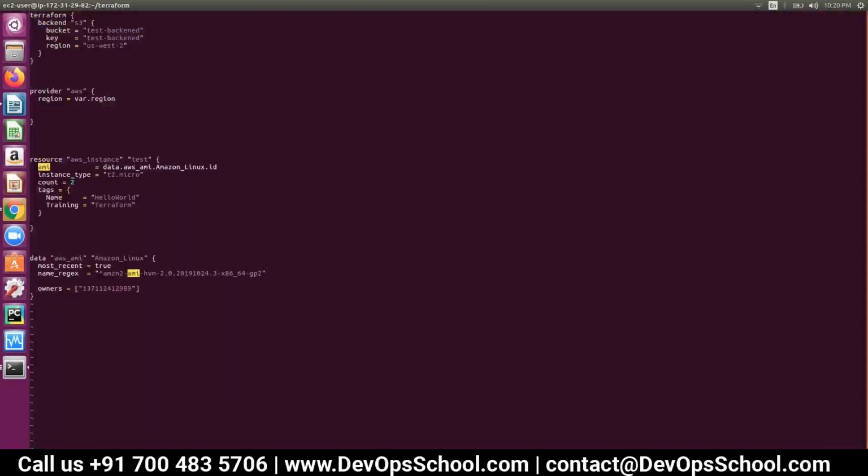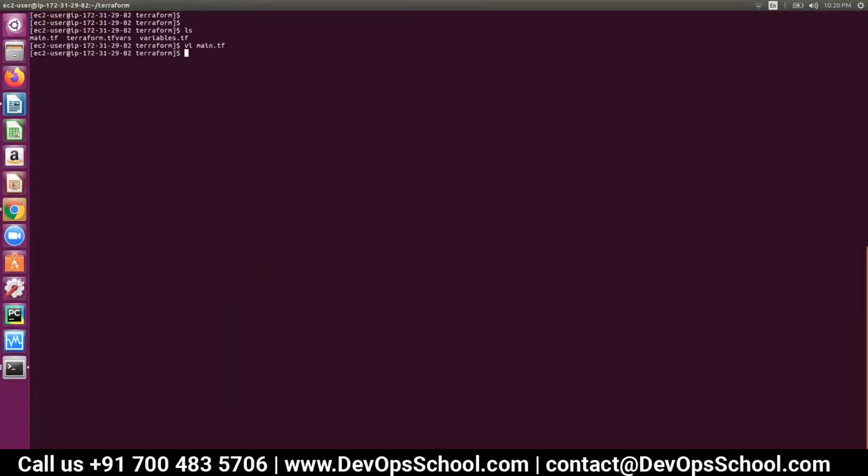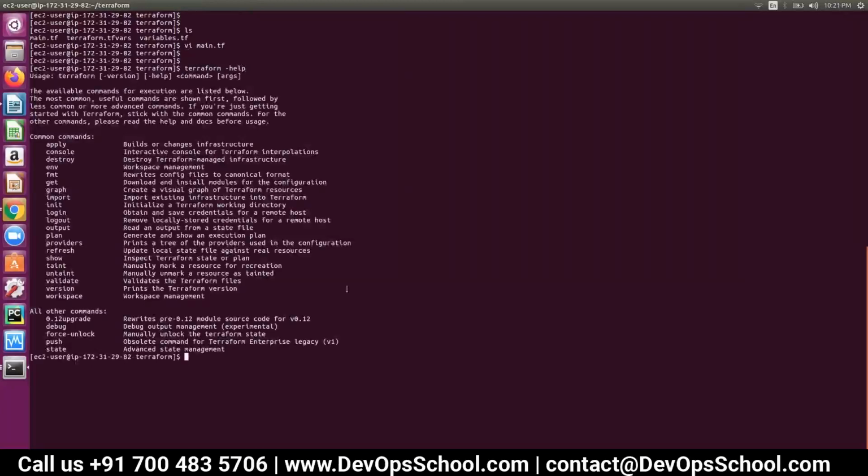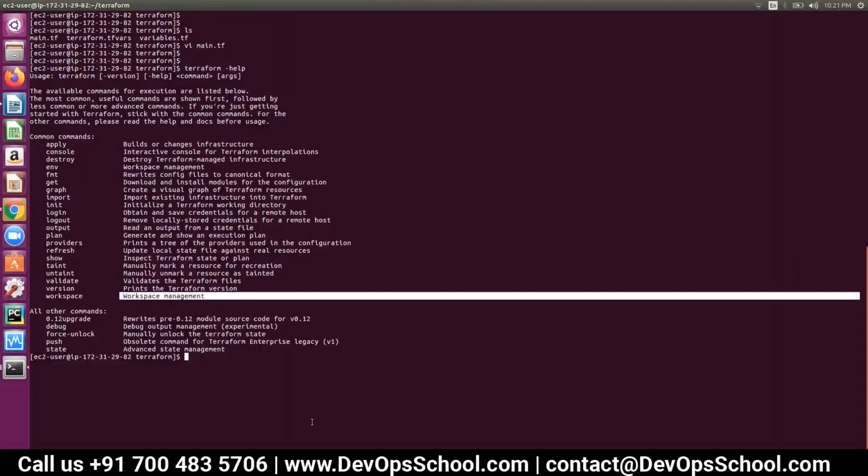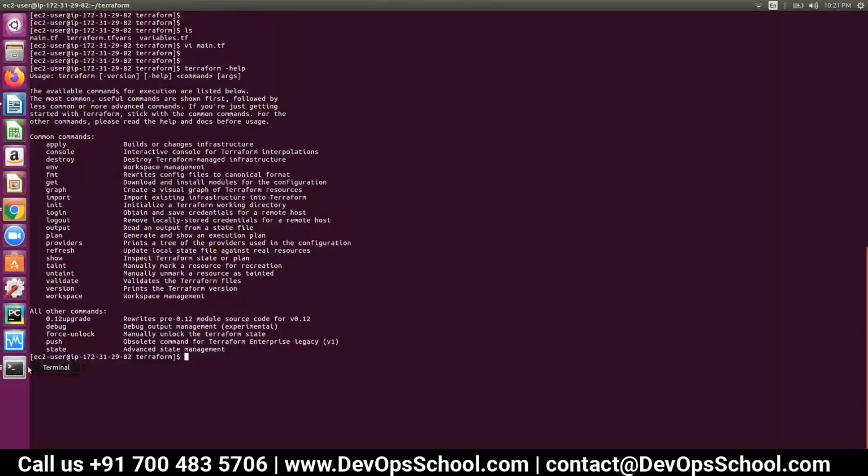The code for examples. Okay, so now if I do terraform, if you are not aware of anything, if you want to just know what terraform options you have, just do terraform -help. It will show you these important things. So there is something called terraform workspace. I hope you have knowledge about Jenkins workspace. So what this terraform workspace will do is,